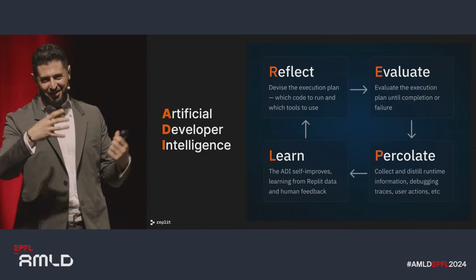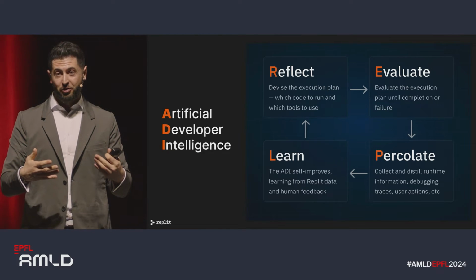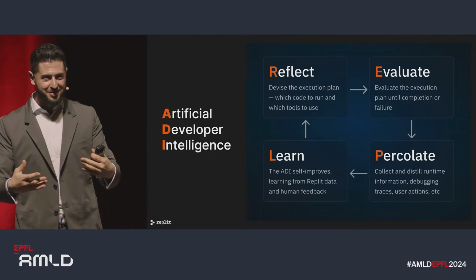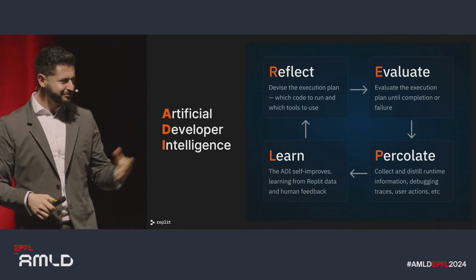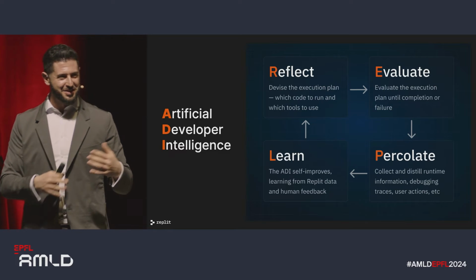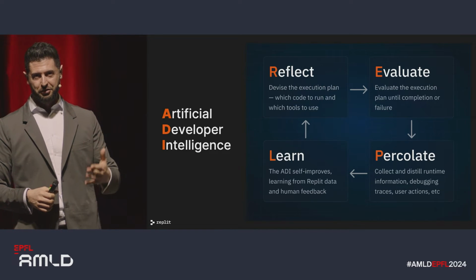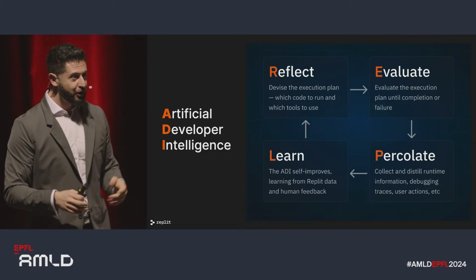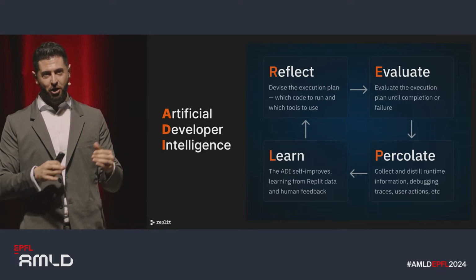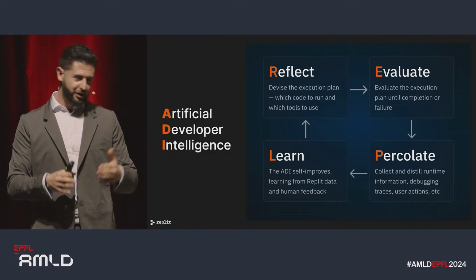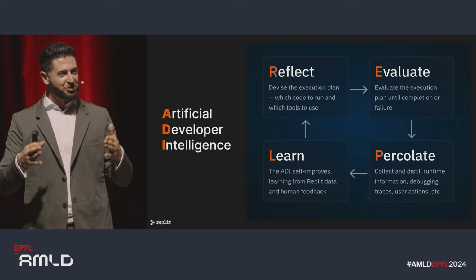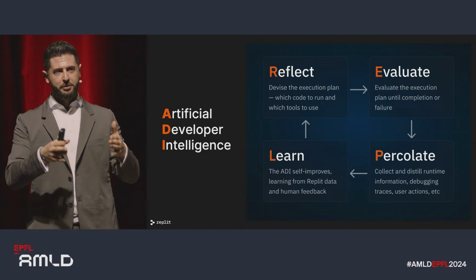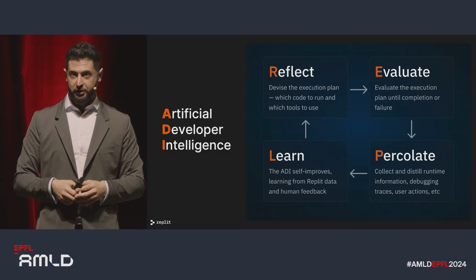Now, AI kicked in, and I had to figure out how we can rethink the concept of REPL now that we have a much more powerful tool in our hands. So I came up with this pun. Instead of AGI, I called it ADI, Artificial Developer Intelligence. Don't get me wrong, I'm very grateful that there are a lot of smart people working on AGI, not only on the technical side, but also on the safety side. But I wanted Replit to be laser focused on building the most powerful AI for developers.